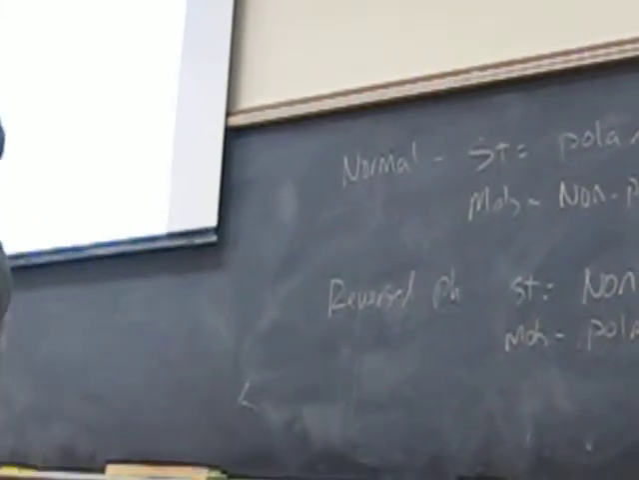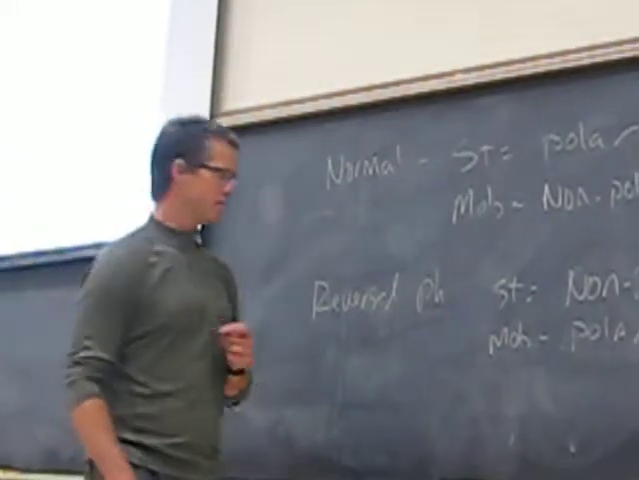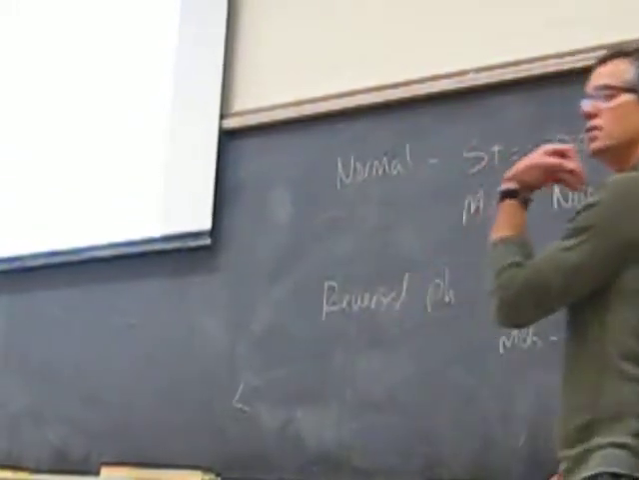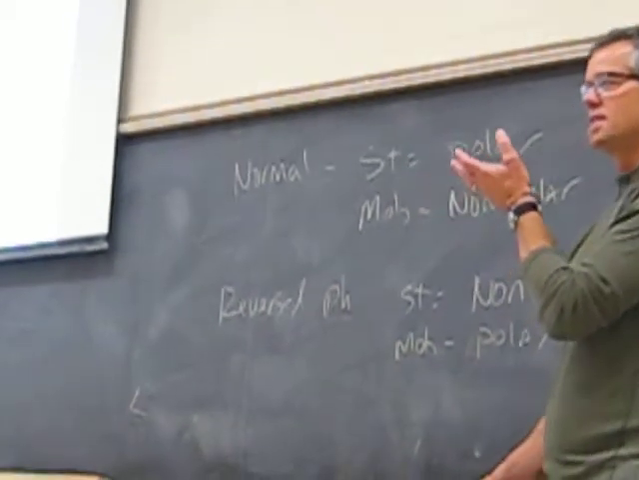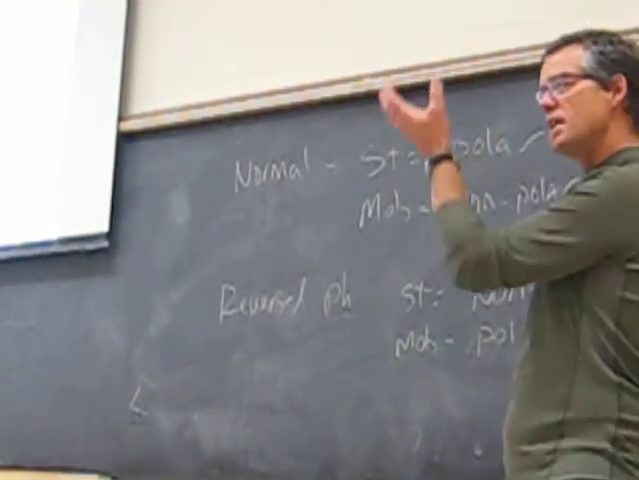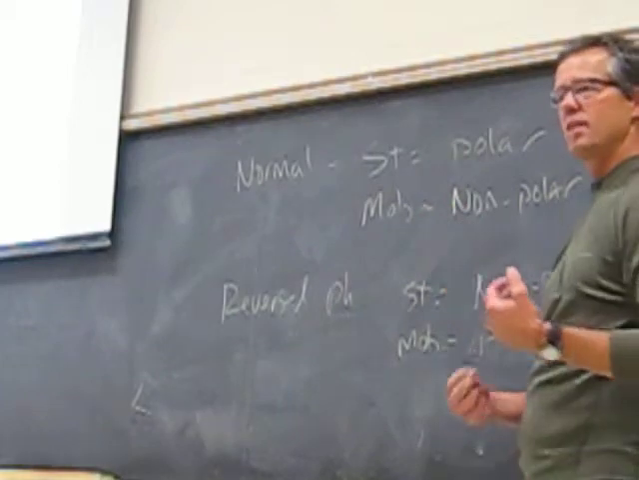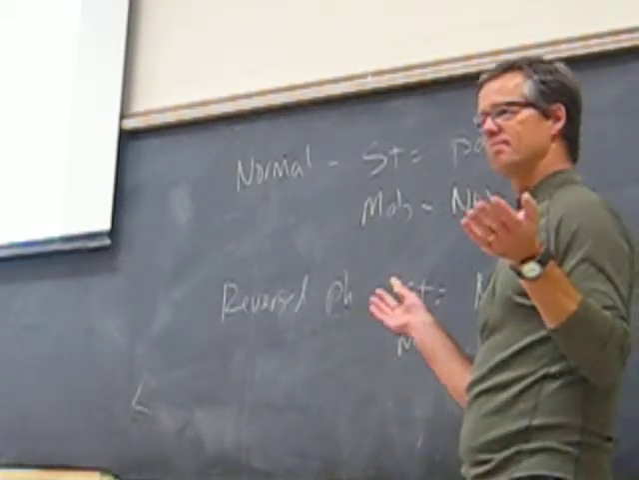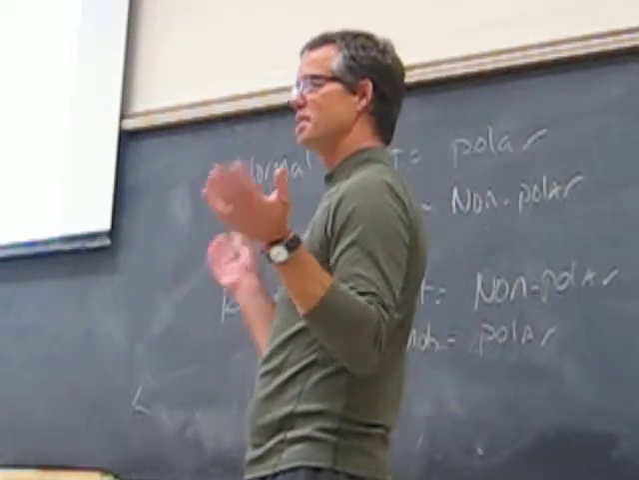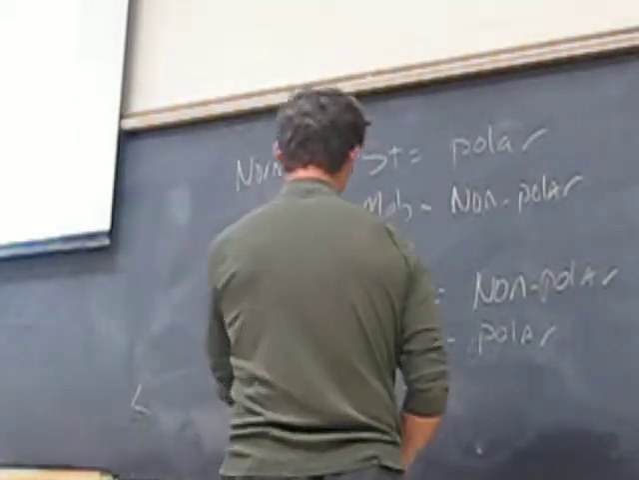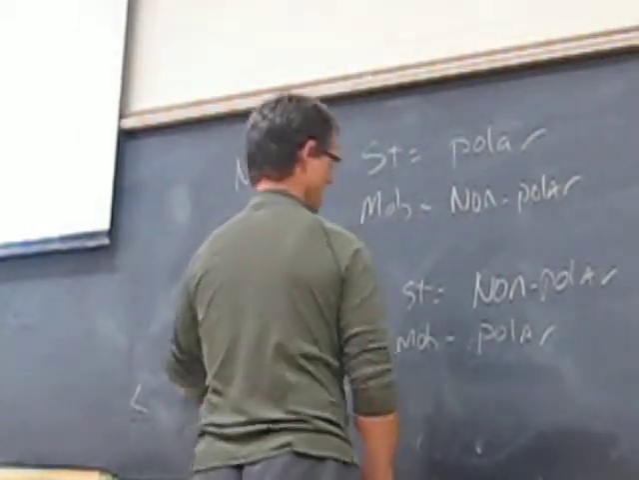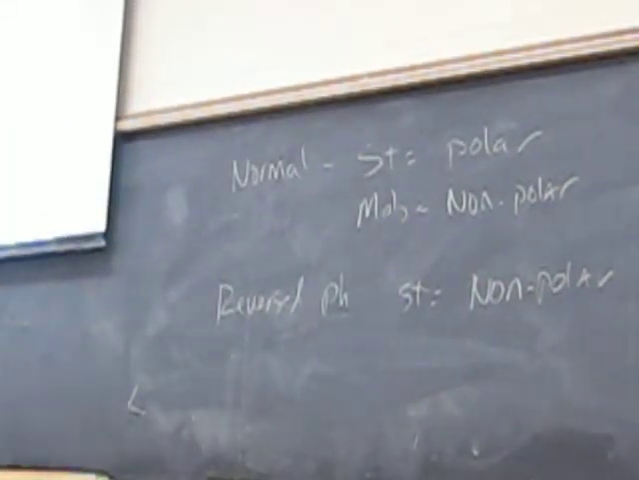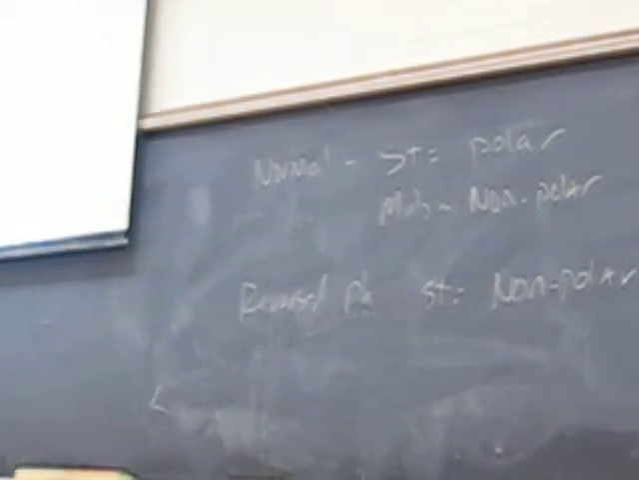Size exclusion is a very common method. And size exclusion, just like the term suggests, is separating analytes based on their size, right? Based on their size. And how does it do that? Size exclusion is typically done where you have these porous